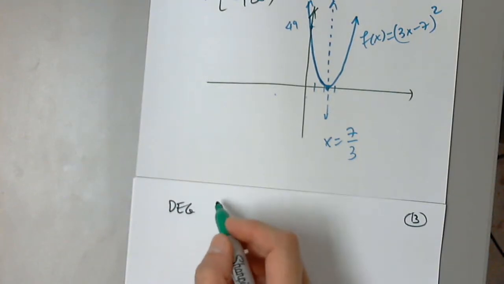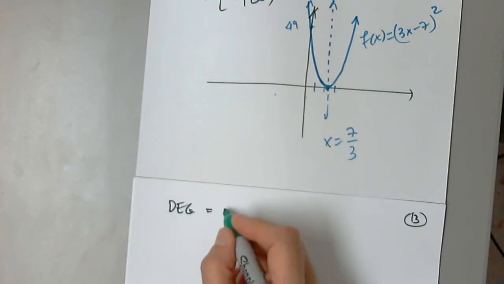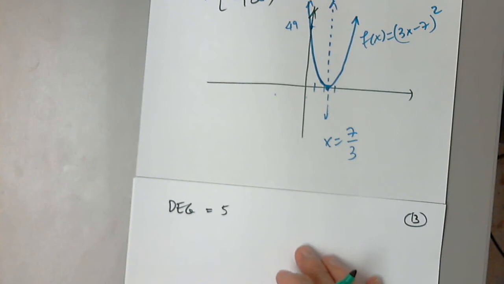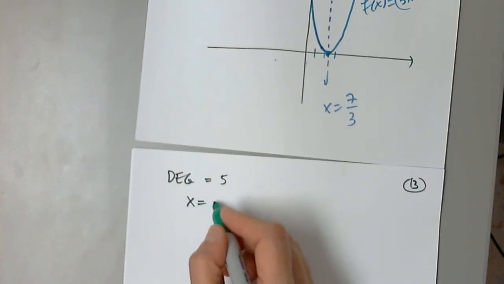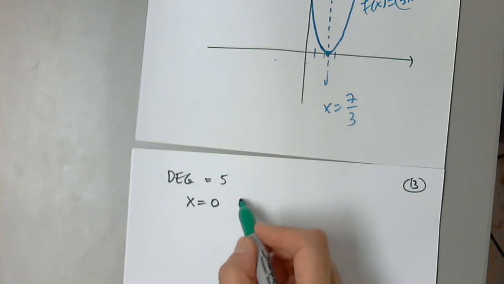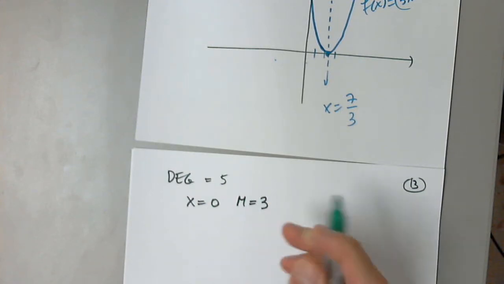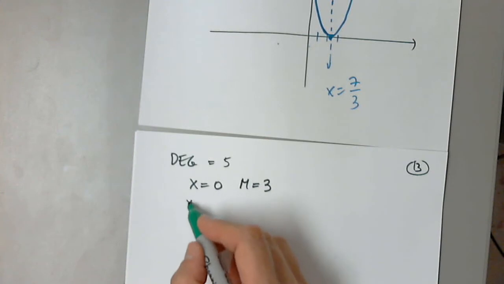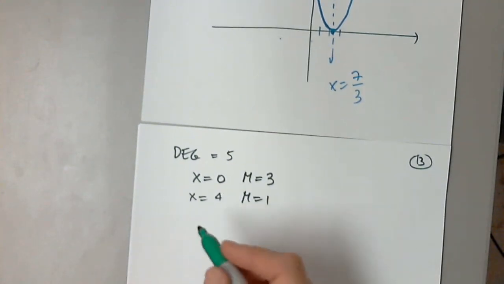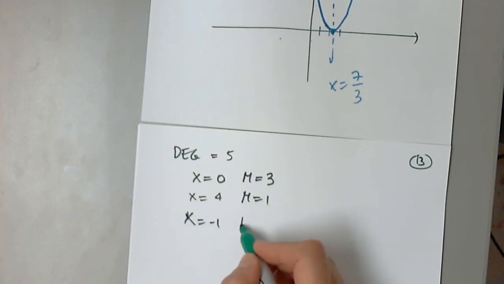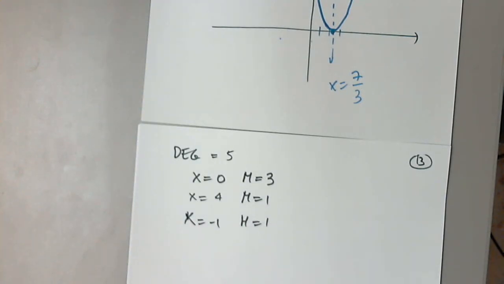Let's say degree 5 with the following solutions. X equals 0 with multiplicity 3. X equals 4, multiplicity 1. And x equals -1, multiplicity 1. It also passes through,